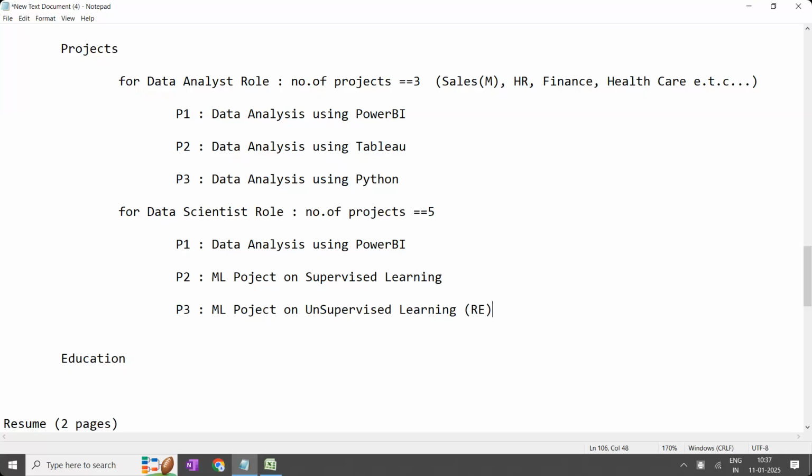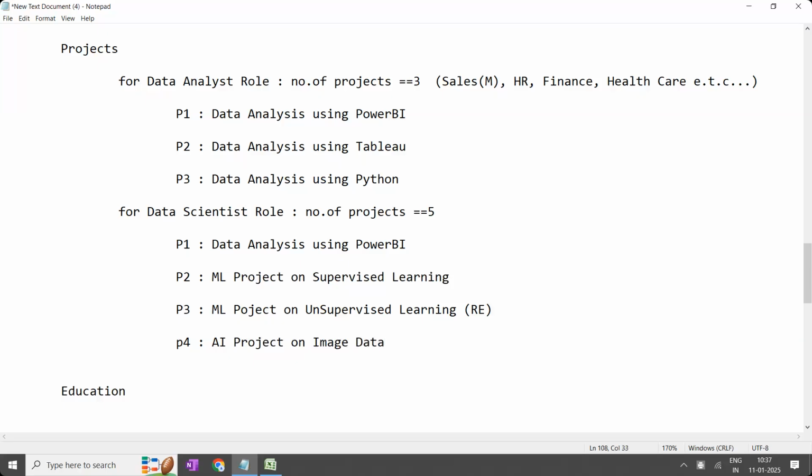Okay. Now, next, your project 4. Project 4 should be from AI. It should be an AI-related project on image data. It should include images or videos or whatever it is.